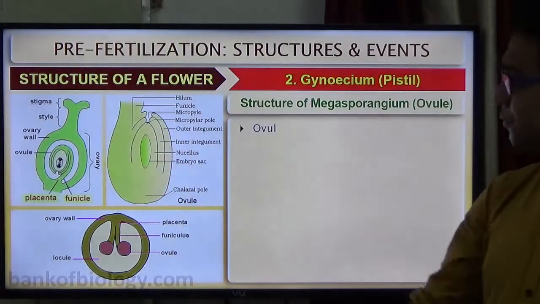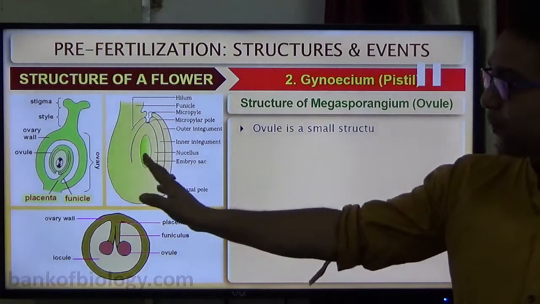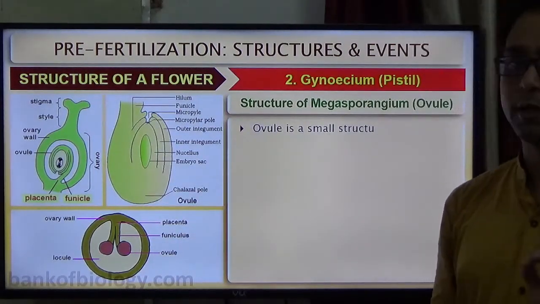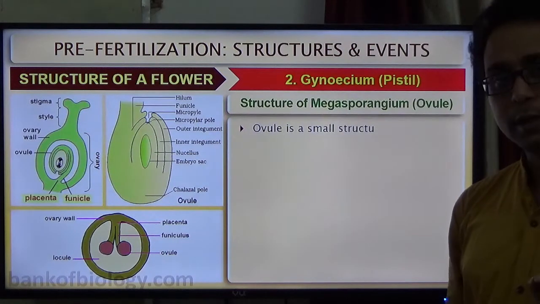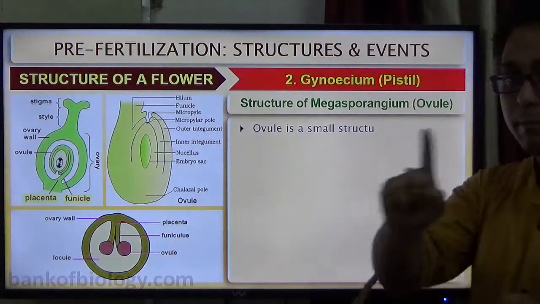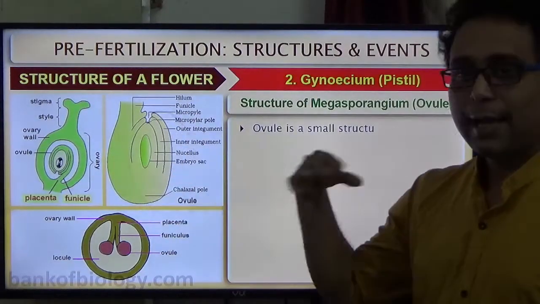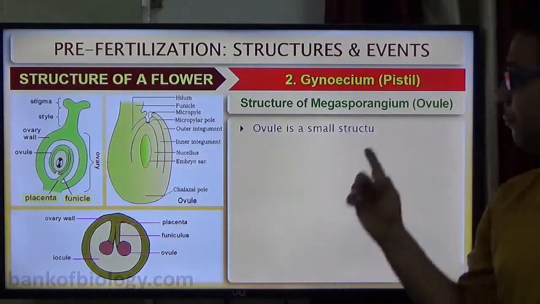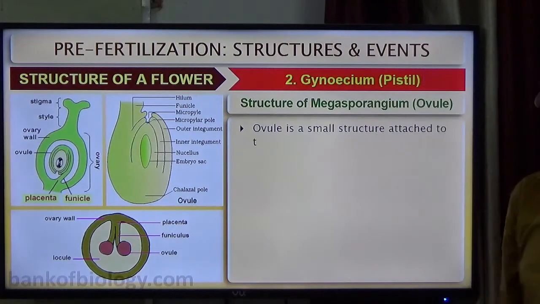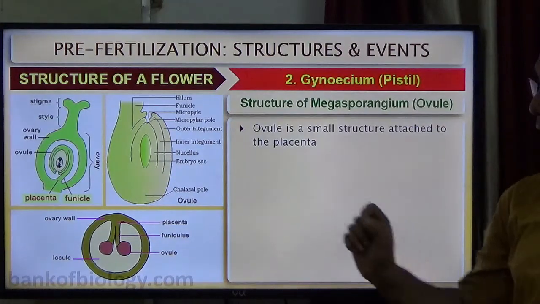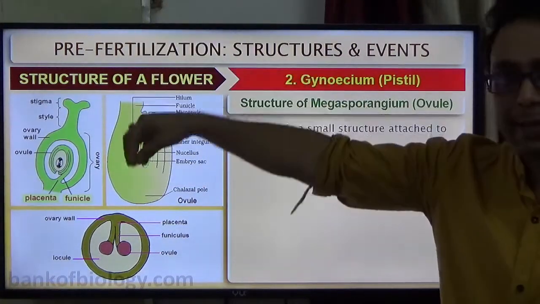But this structure is very important. It is the picture from your NCERT book. Every point is very important. What is their importance? We also discuss one by one. So this structure is called the ovule. Another name of the ovule is megasporangium. But this ovule is a small structure. It is attached with the placenta